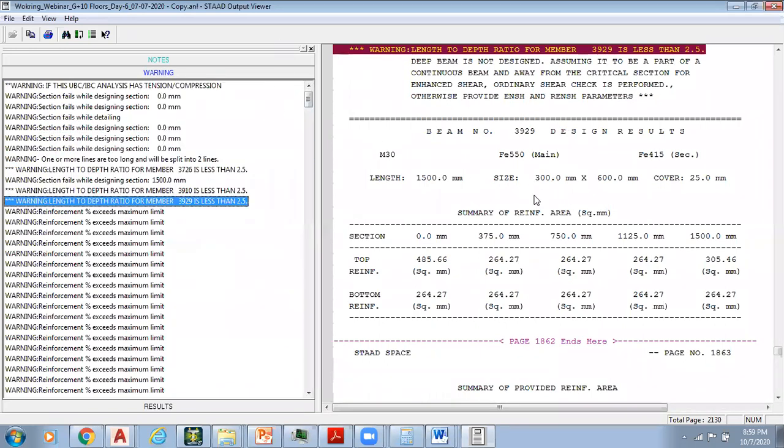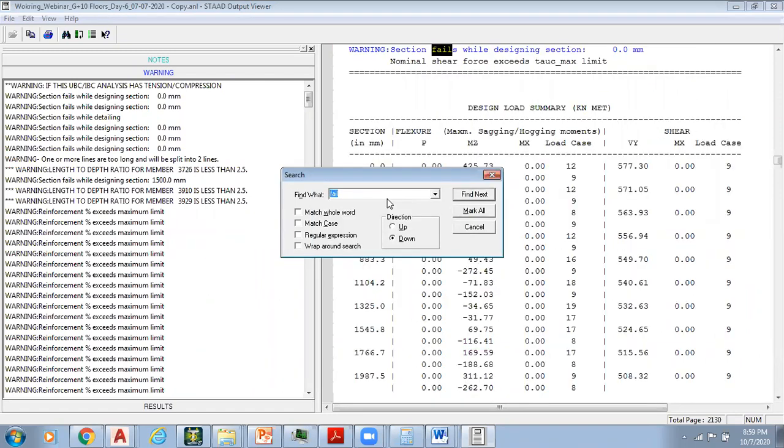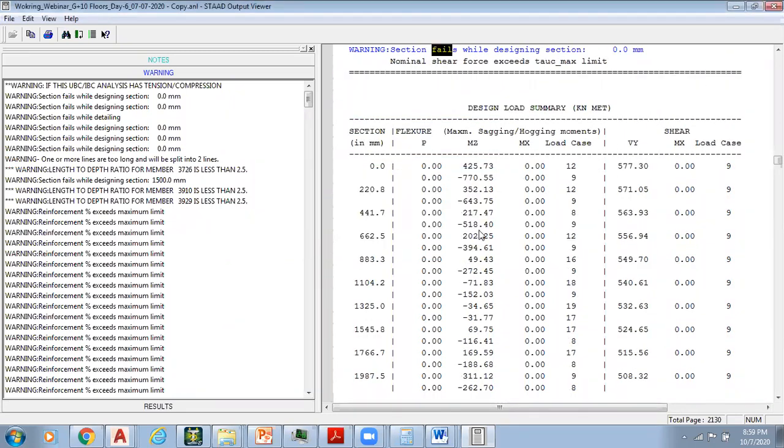If I want to see whether any beam member is failed, I can press Control F and type fail. Yes, member is failed. So when I find fail, it means beams are failed. When I find adequate, columns are failed, right? So this is how we have to verify it.